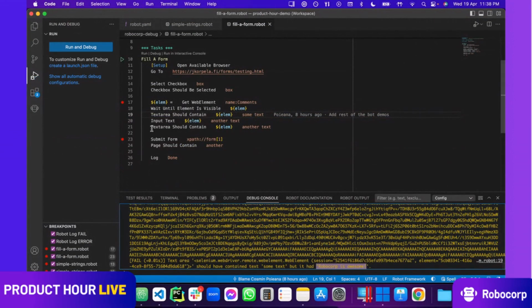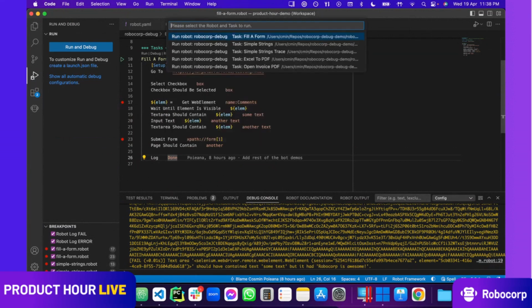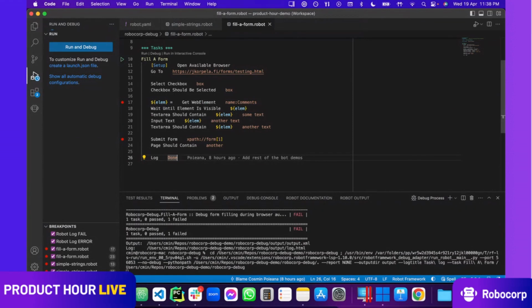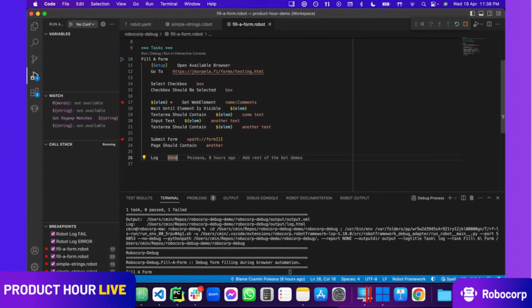And it stopped. Now, if I'm running this bot without debugging mode, literally running the robot, fill a form, you should see now this entire behavior I explained to you going fast, one by one, statement after statement.